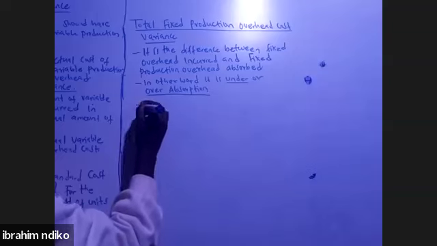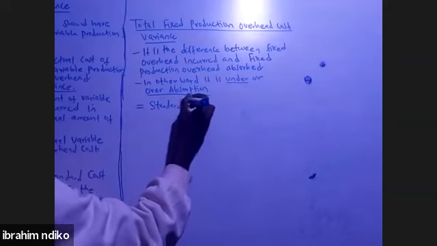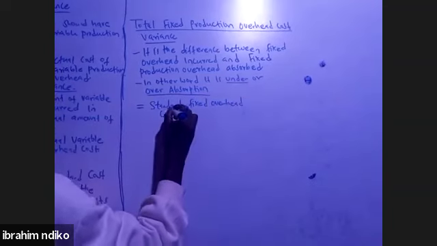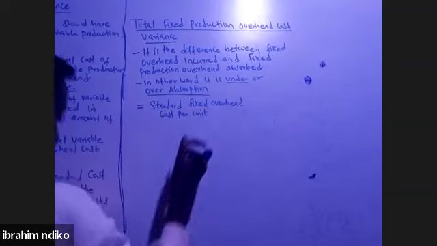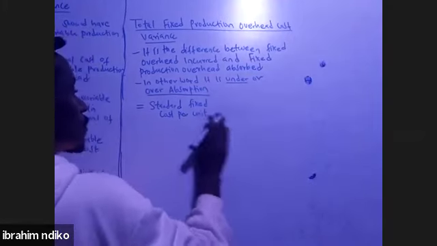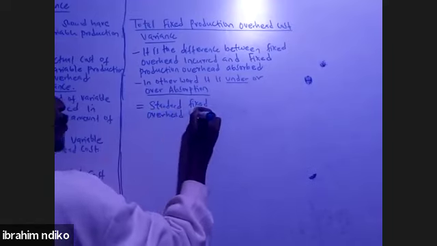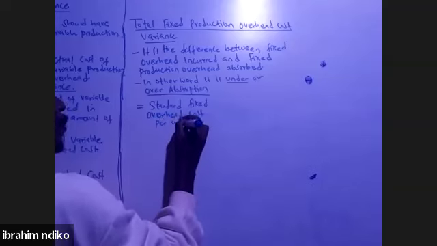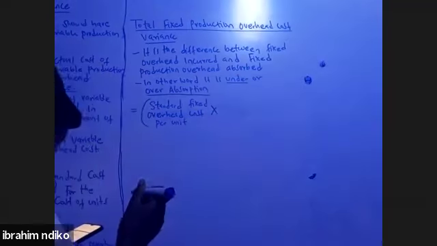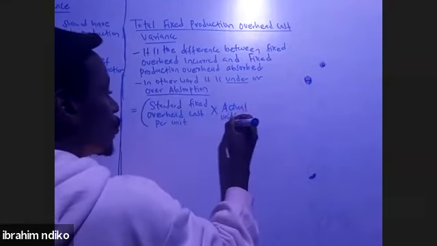So the formula is given as follows: standard fixed overhead cost per unit, multiplied with actual units produced,